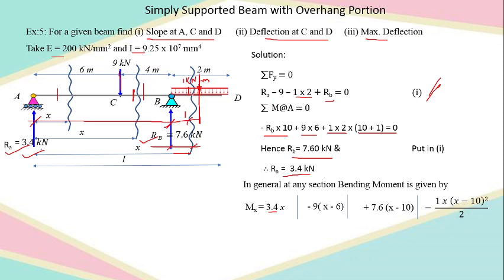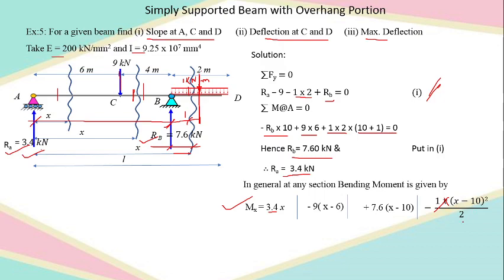So I have finished with the generalized equation, the basic equation which is to be utilized further in the governing equation of double integration. This is 1 into bracket x minus 10 whole square by 2. It is simply intensity multiplied by the whole length on which it is imposed, x minus 10, into x minus 10 by 2. That comes out to be x minus 10 whole square by 2.